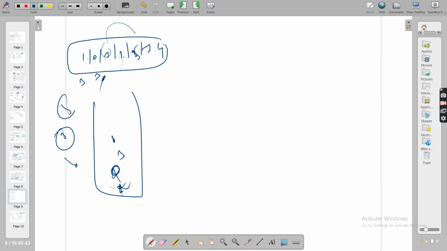So 1, 3, then I got 5. Okay, 5 can be everyone's NGE, remove them. 5 and 5, put 5. 7 can be the NGE of 5. Remove 5, so 7 is the NGE of this. Now for 4, you put 4 here, right? So okay, 4 is known as NGE of 4.